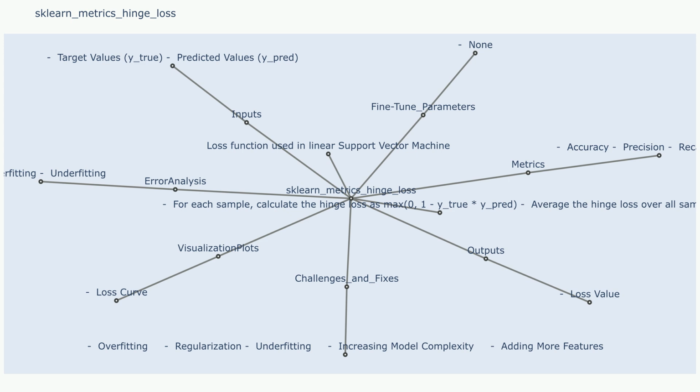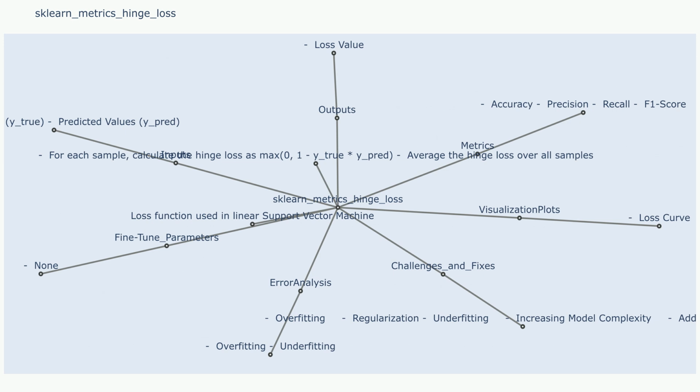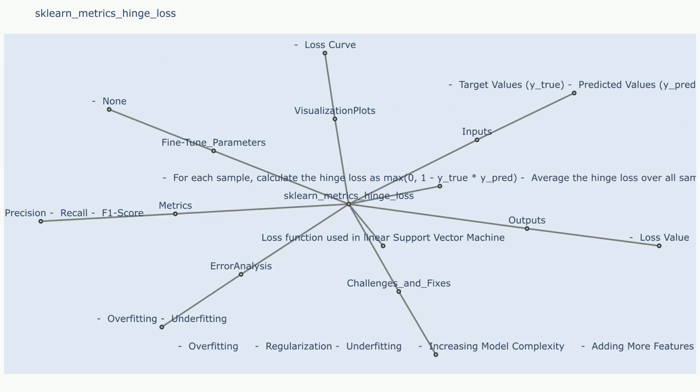Challenges and fixes. Challenge 1: outliers can disproportionately affect the hinge loss calculation. Sample use case: a single outlier with a very large prediction error might dominate the loss calculation, leading to a misleading overall measure. Fixes: consider robust loss functions like Huber loss that are less sensitive to outliers, or apply data preprocessing techniques to